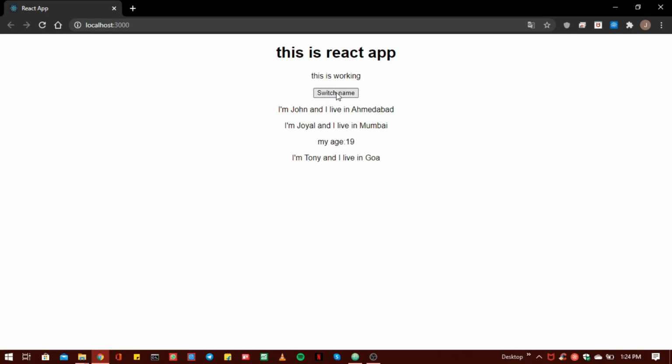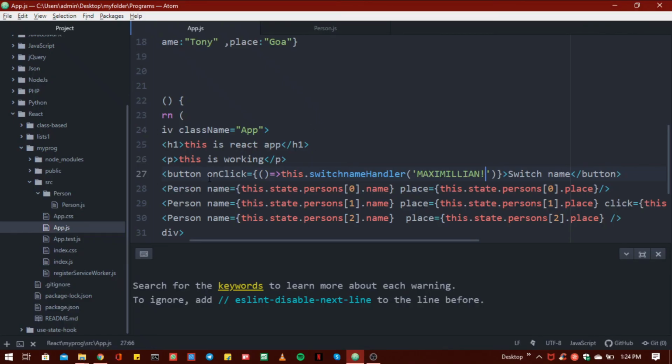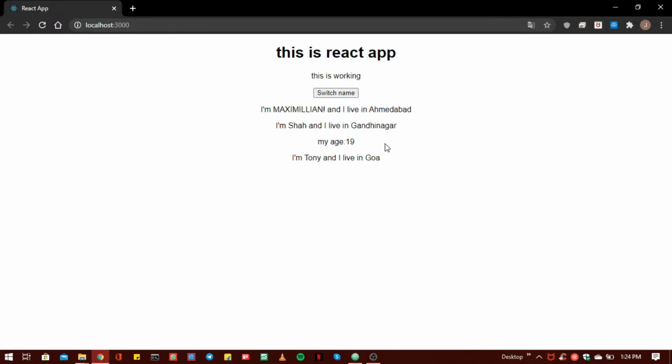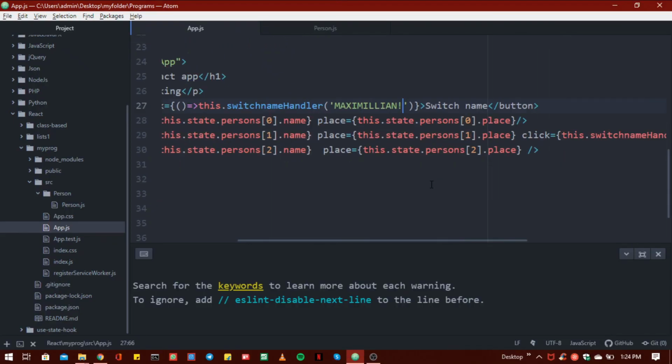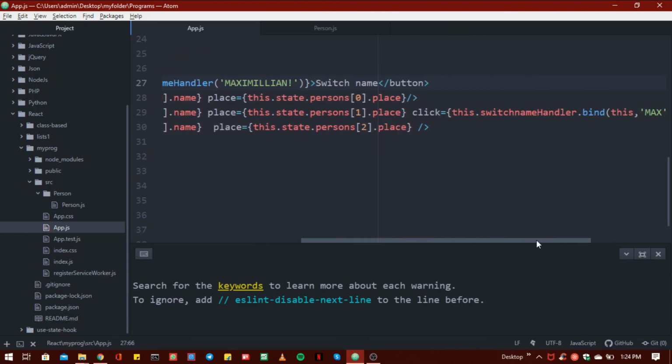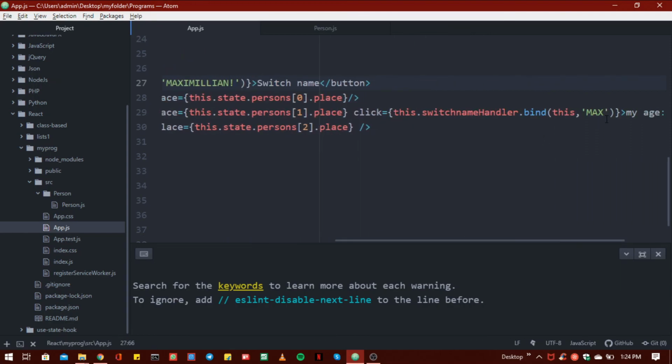Whenever I click my button you can see the name is changed to Maximilian, because inside the button we have to pass this parameter, and whenever I click on this statement the name is changed to Max, because inside our statement I pass this Max name.